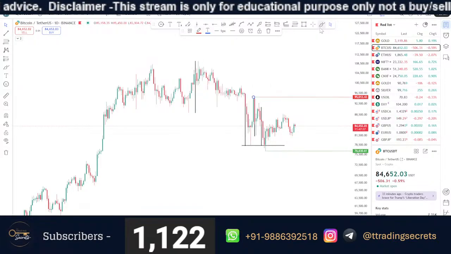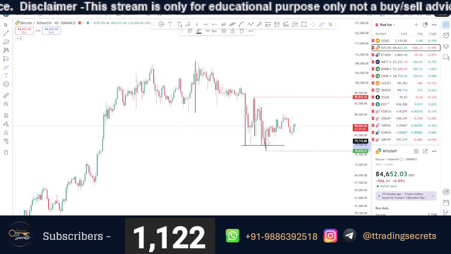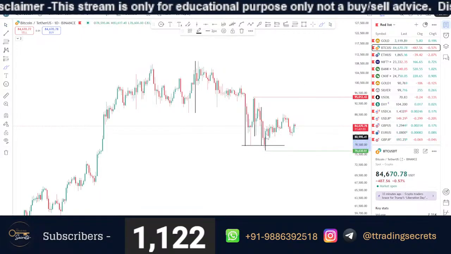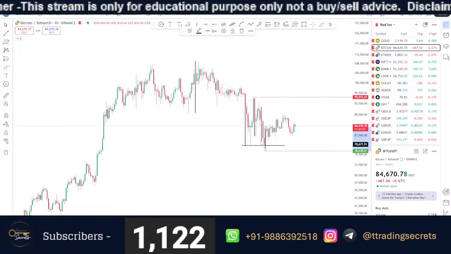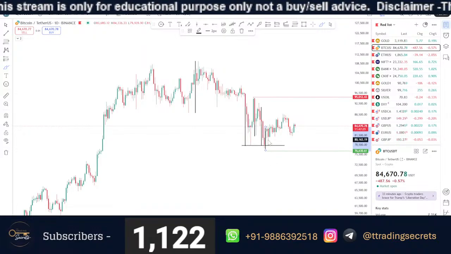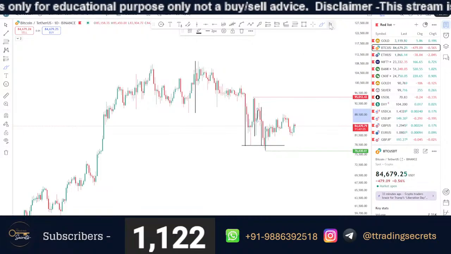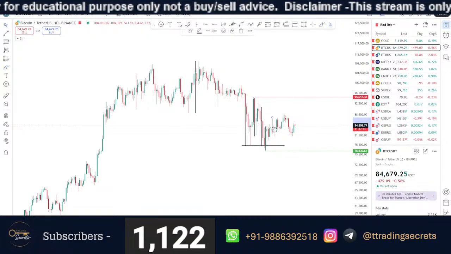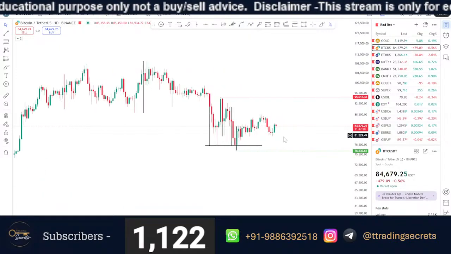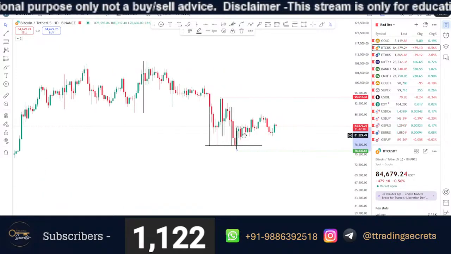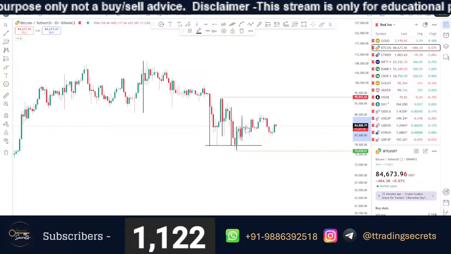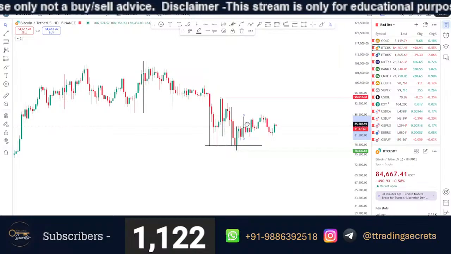What is the next step that I'll be looking for? The next step I'll be looking for is the supply. At this stage, this is my first supply. I'll be taking it from the wick because we had a break of structure and continuity. How much rejection has the market given? The body range of the supply will act as my current demand. Whatever the movement taken under consideration of the supply will act as my current.